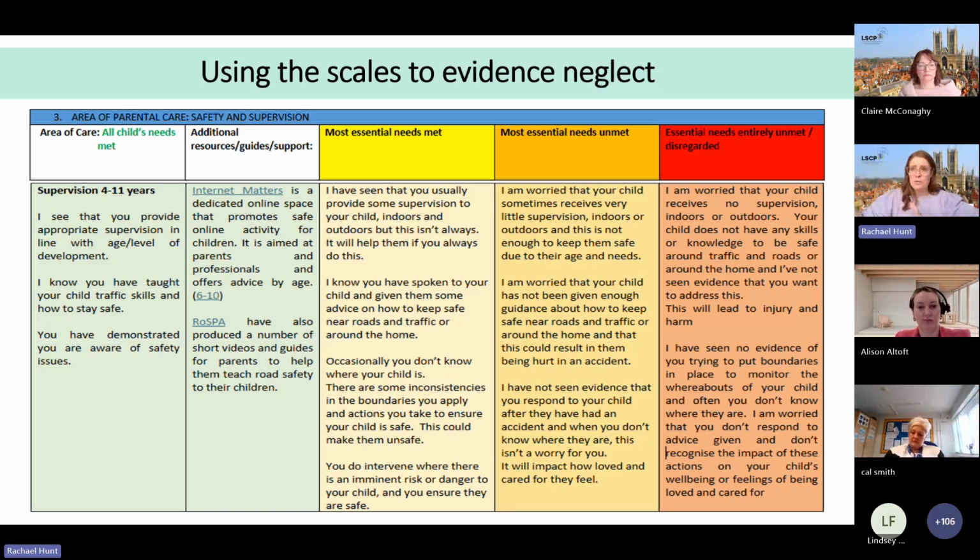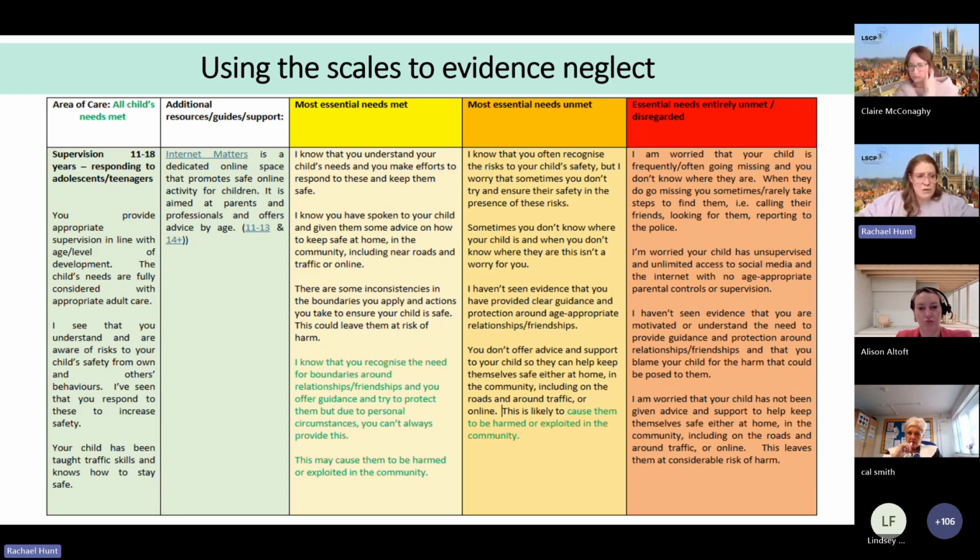As well, use your professional judgment, because if, for instance, the child is left alone in the care of an unsuitable adult, we wouldn't say that needed to happen frequently. That's a one-off. If that's happening, that's an immediate safeguarding concern. So you'll see there's obviously some professional judgment to use within it, but it will give you some examples. And again, everyone's got their own understanding of safety and supervision, so this really helps with some of those conversations.